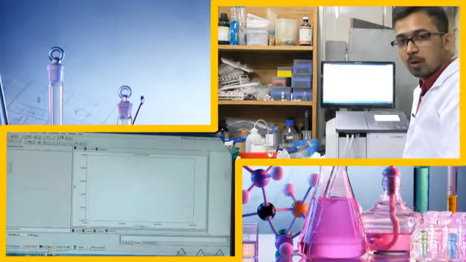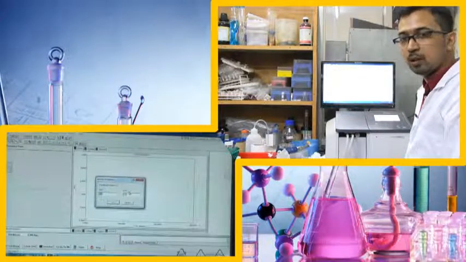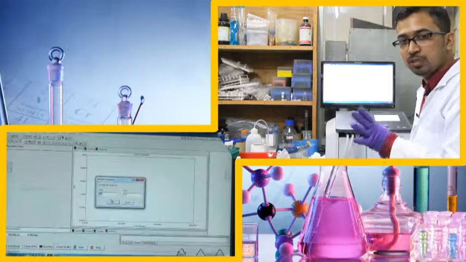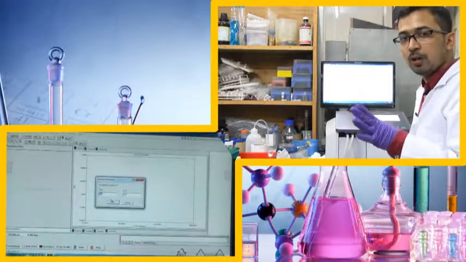Now, we have added the buffer into the cuvettes and placed them in the UV compartment. Now we will do the baseline correction. Here, the baseline is showing the start at 550 and the end at 530, because it is scanning in the two regions, 550 and 530. However, our point of interest is actually 540. So, for that, let us do the baseline correction.